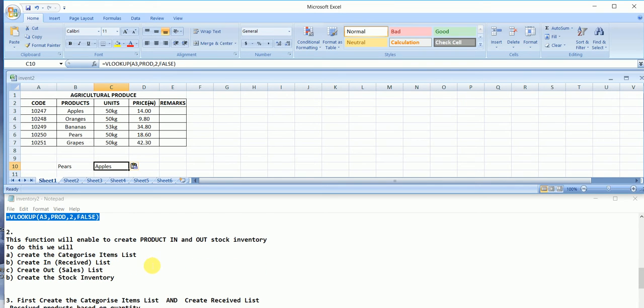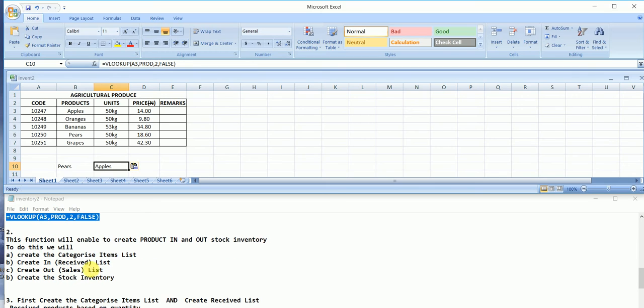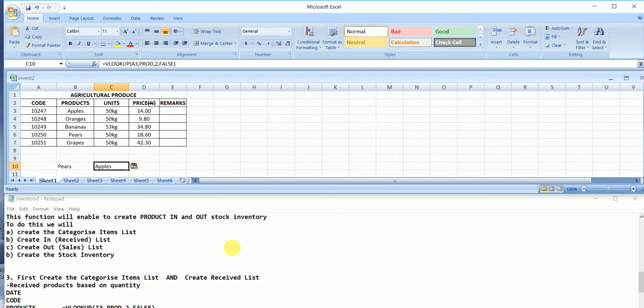So now we have just finished showing you how to use VLOOKUP. So let's see how we can apply this in creating an inventory database. This function will enable us to create product in and out stock inventory. To do this, we need to go through a series of tables. Then we'll integrate all the tables together so that whatever you're doing with one will automatically apply in the others. So the first thing we'll do again, which we have already done, will be to create the category item